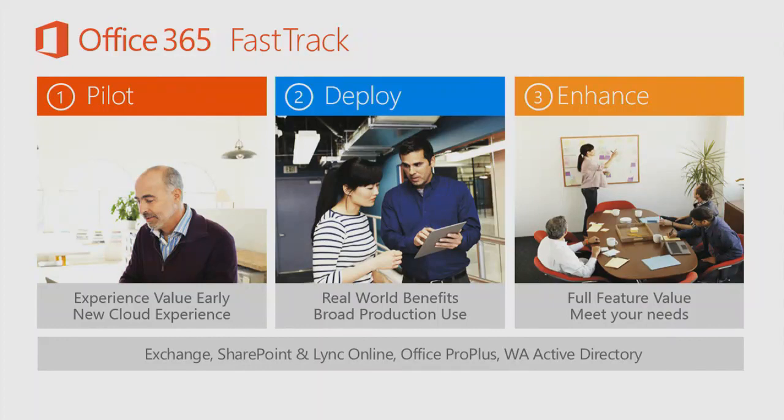So from a sales and deployment methodology, Fast Track is the way of looking at Office 365 deployment as: try it, deploy it when you're ready for core onboarding, and then move to those more advanced scenarios. We had a lot of customers taking the typical legacy path and trying to remediate their entire Active Directory, implement single sign-on across multiple forests, and they were doing that before they ever experienced Office 365. And so we had to really help our customers pivot and say, start with the pilot, move to core deployment, and then start to extend and enhance.